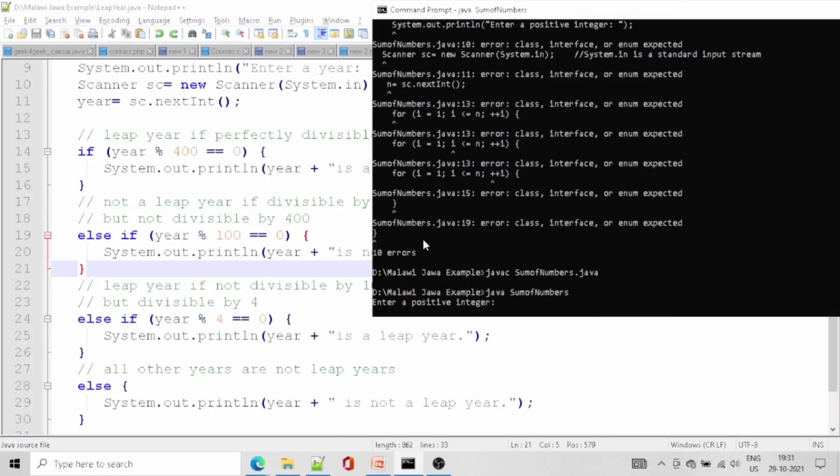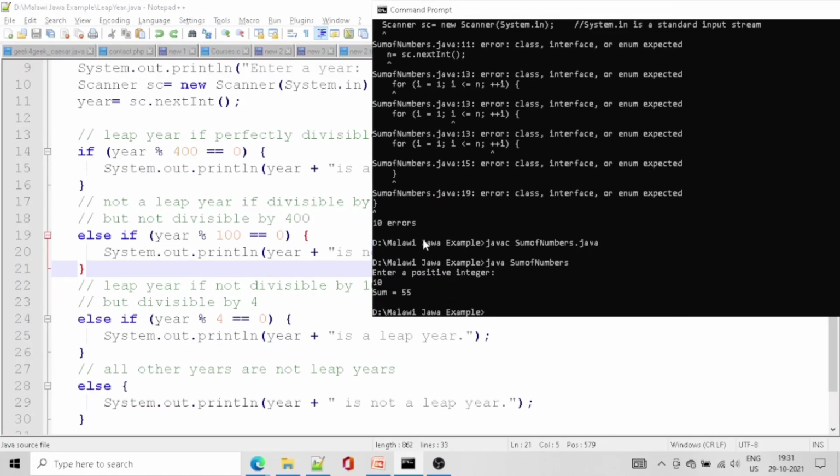Enter a positive number. We will put 10, and it sums 1 plus 2 plus 3 plus 4 plus 5 plus 6 plus 7 plus 8 plus 9 plus 10. By adding these 10 numbers, it finds that the sum is 55.